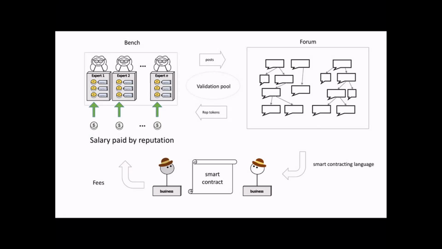If you improve the DAO by doing good work, you get reputation, and later on you'll get paid if the fees come in. And the fees will come in if the forum proves that it's a good place where people get good work. And so then the public chooses to engage the forum, uses the smart contracting language, and pays the fees, which eventually go to everybody who has contributed to making a big group that is actually valuable.